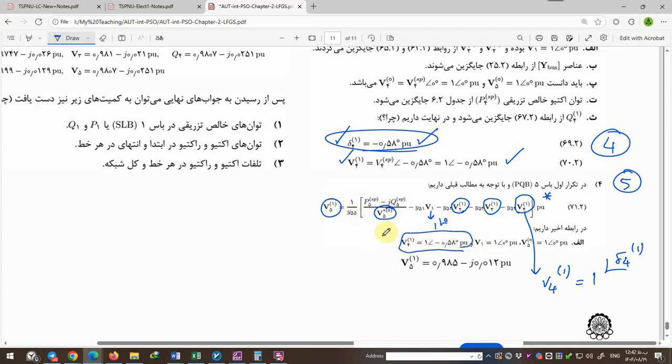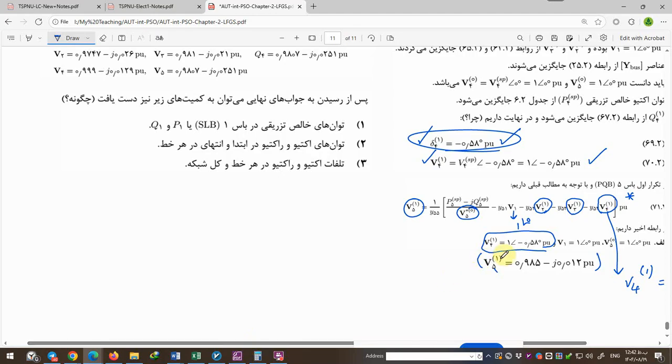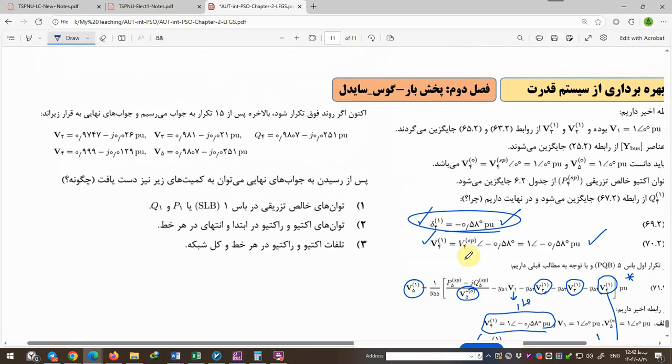And after calculating this equation, we find here. And after passing bus 5, I think we finished all of our calculation in first iteration, and after 15